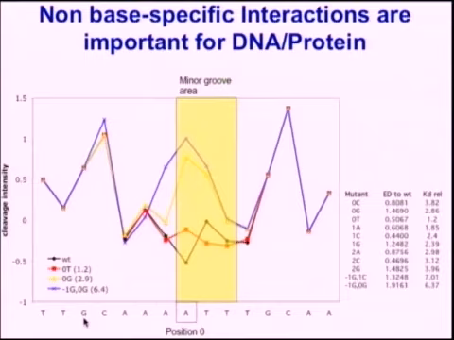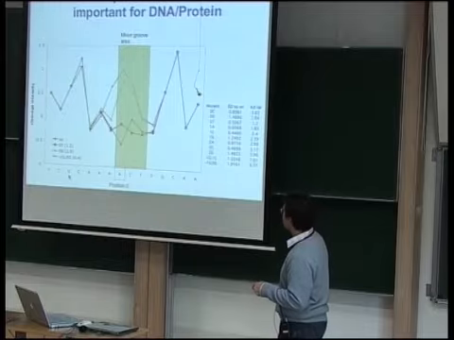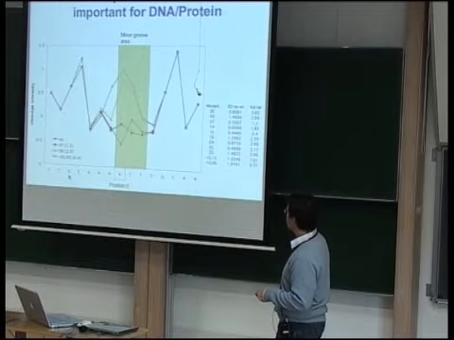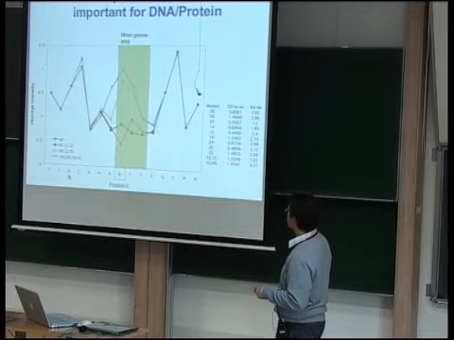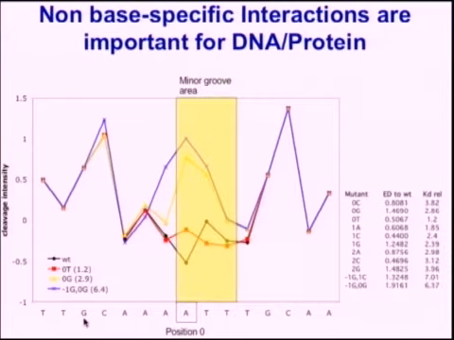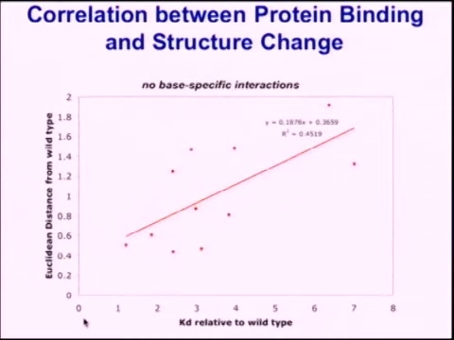So the increased number means the fold difference between the wild type and the mutated version over here. And a couple of examples are shown by mutating a couple of positions in this minor groove, where you can see strong perturbations in the DNA structure pattern, whereas others seem to have very similar DNA structure patterns. And if you plot a lot of these data, what you can see is a modest correlation between the DNA